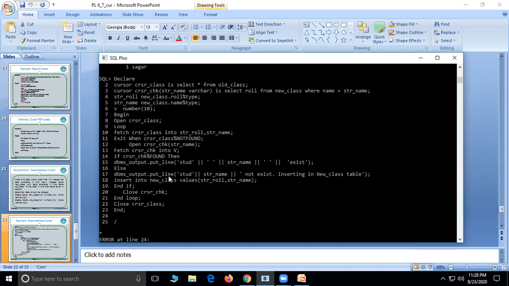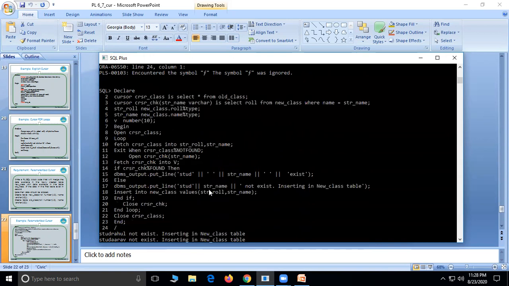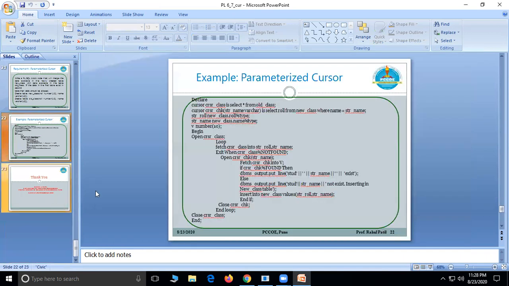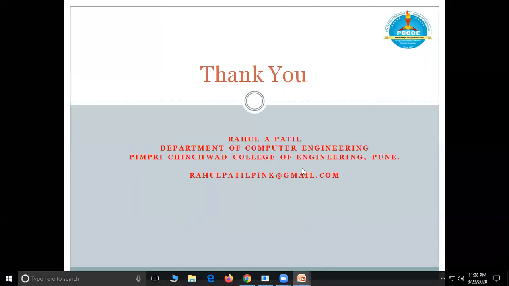Otherwise, all three will be inserted. So like this, it is done with the parameterized cursor. I hope the cursor concept is clear. We have seen implicit and explicit cursors. In explicit cursors, we have seen the cursor FOR loop and parameterized cursor.